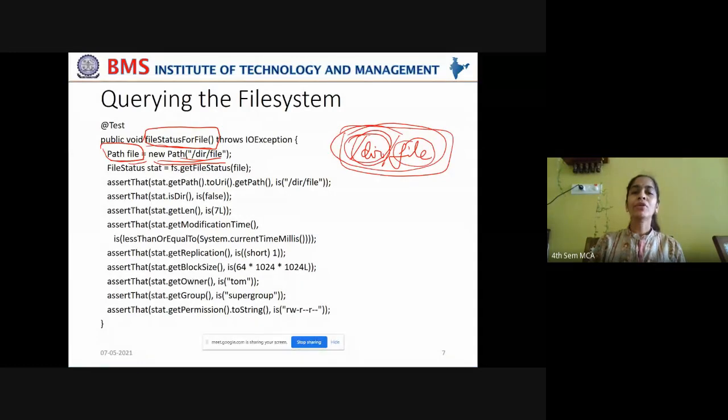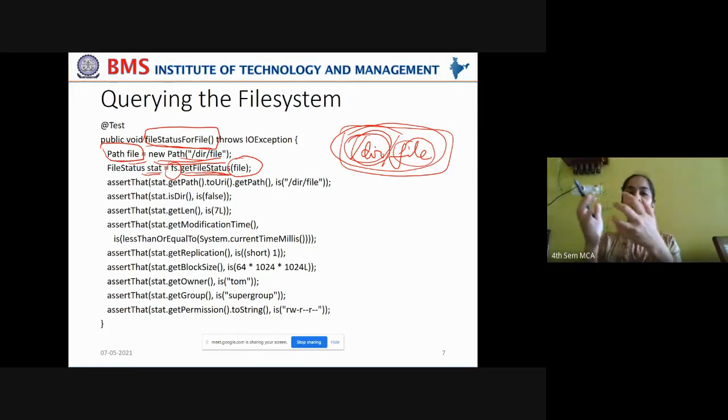Right. Now you wanted to get the status of that file. For that you are using the get file status method. Observe this third line. The get file status method is being used by passing this file instance as parameter. You have created a file instance for the file on the Hadoop file system. Now you are getting that file status by using the get file status method of this file system class and storing it in a file status object stat.